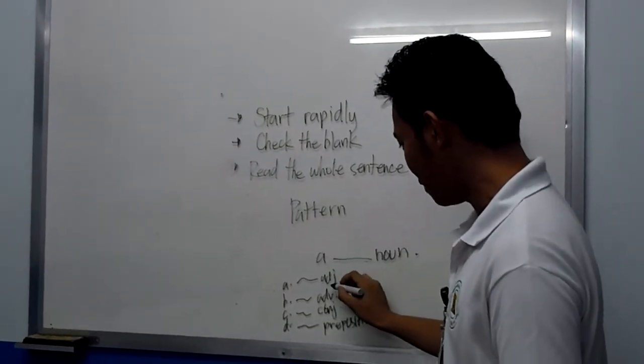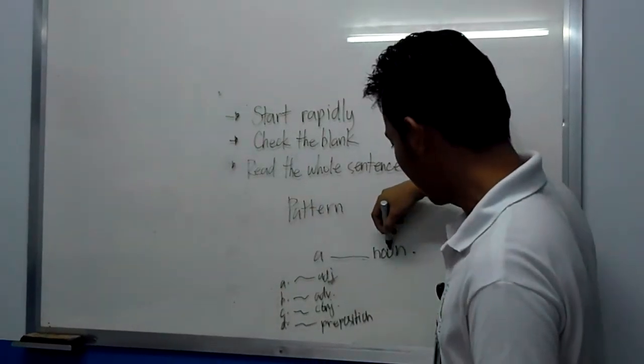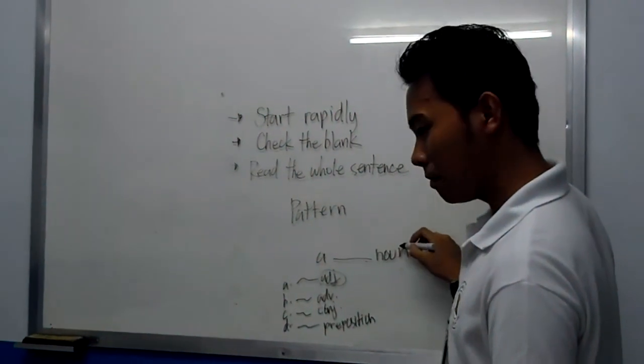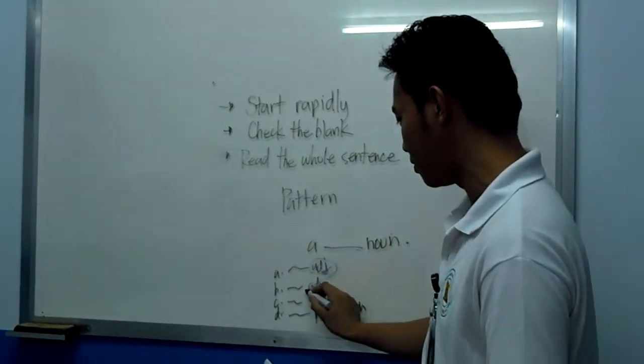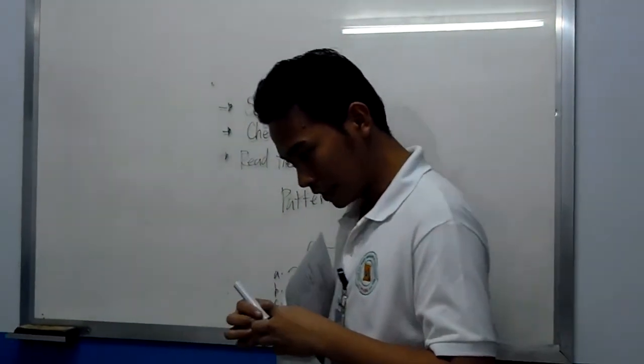With this, you can identify that the word after the article and before the noun is an adjective, because adjectives describe nouns, not adverbs, not conjunctions, not prepositions. So that is